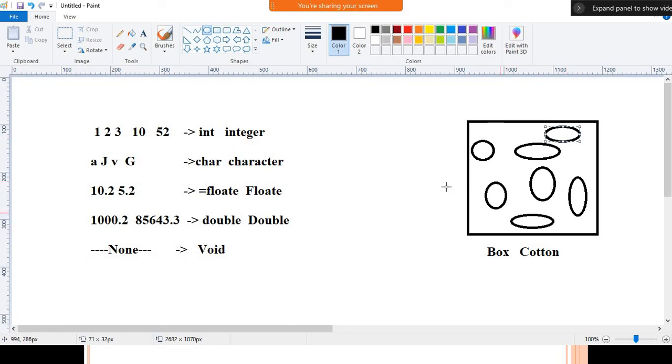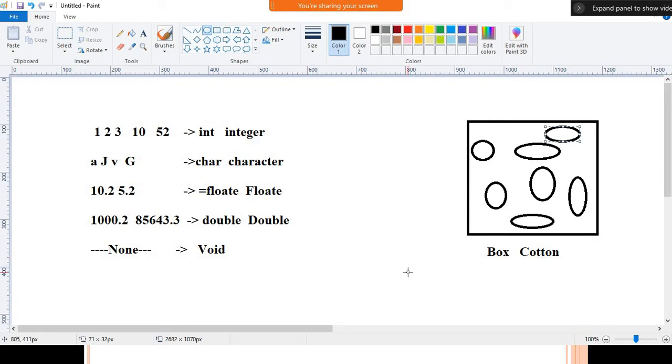Similarly, the box has a name called quarter. That means it is the area where we can store our values, our material. Similarly, if you want to store anything to perform some manipulation or operation, that area is called a variable.